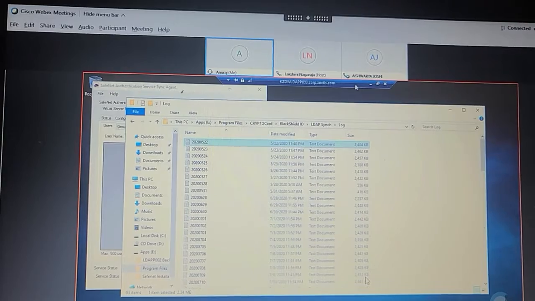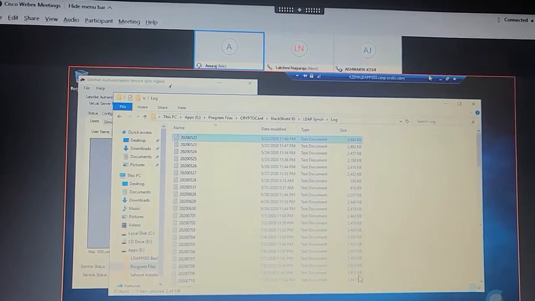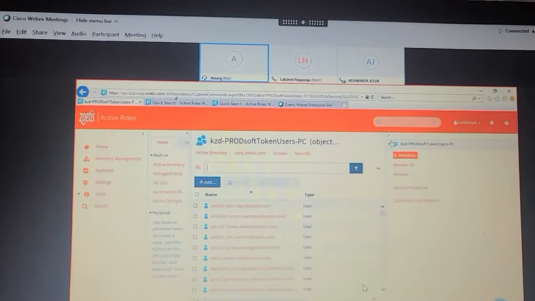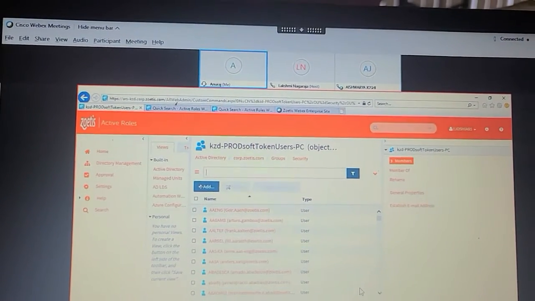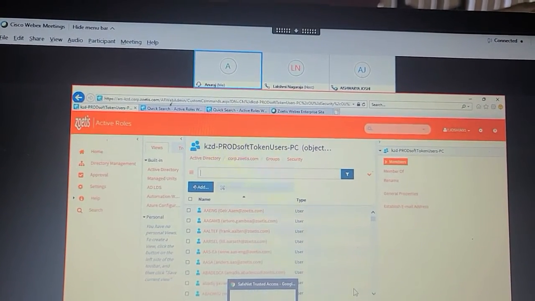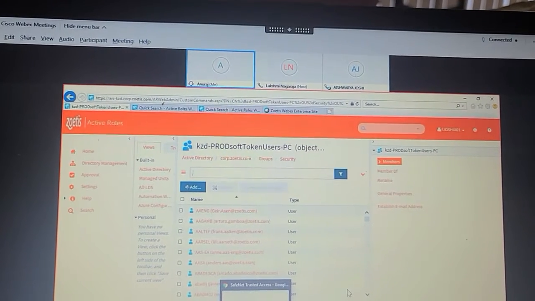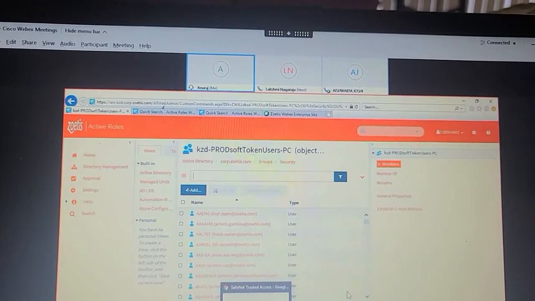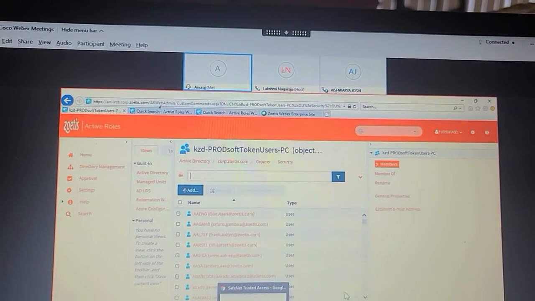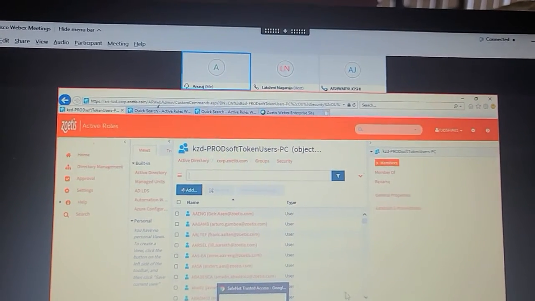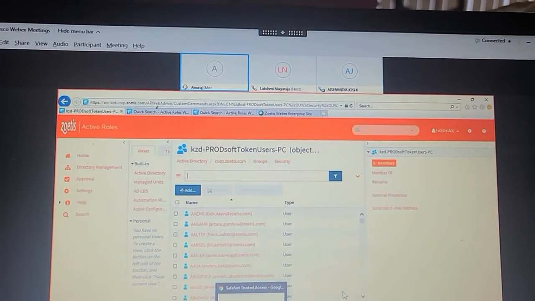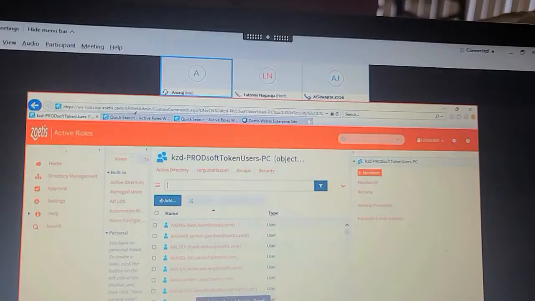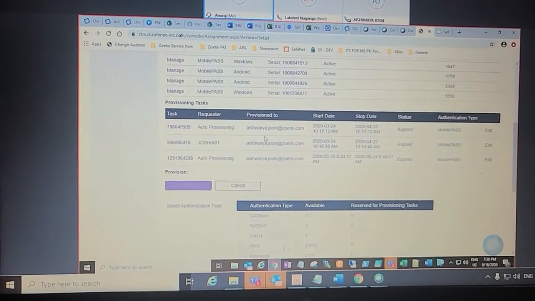Once they are added, we open SafeNet and give them the provision, whichever they need. We have one column where we are doing LDAP sync. Other than that, is anything else included in your daily operations on the soft token side?